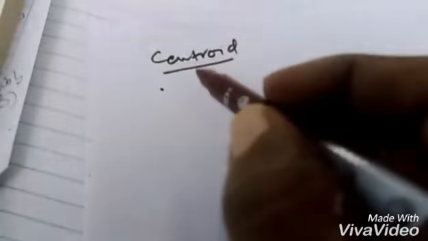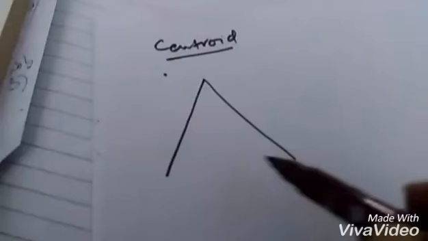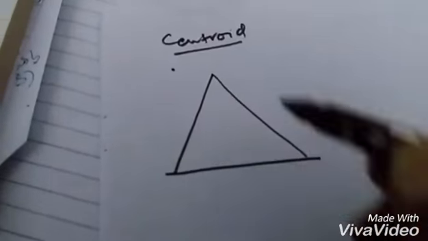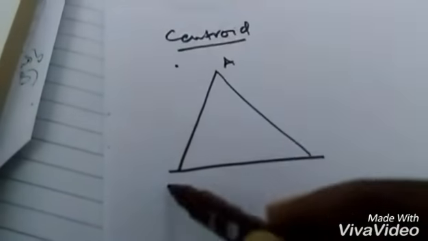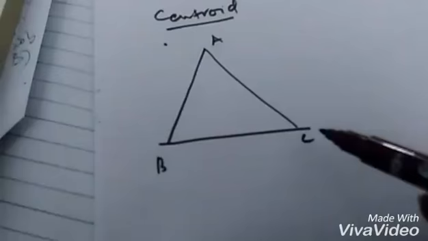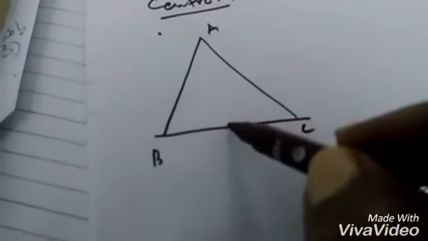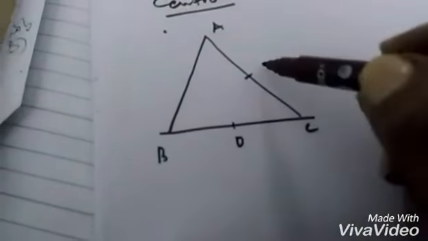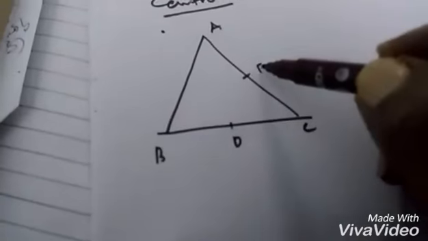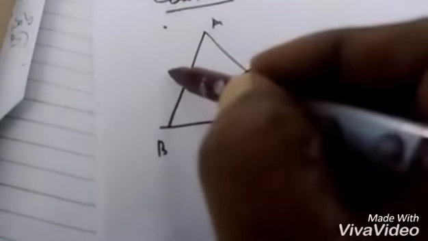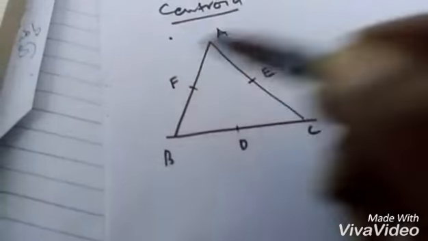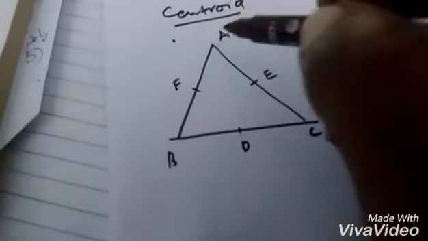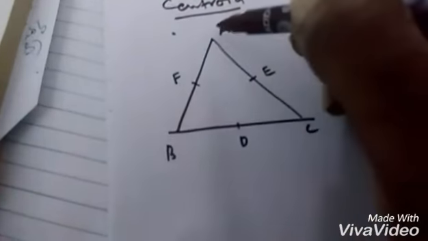Okay friends, back again. Now we understand what is centroid. Now if I take a triangle ABC, A is here and B is here and C is here. Say for example this is the midpoint of BC and this is the midpoint of AC and this is the midpoint of AB. Now if I join A and D, like this,